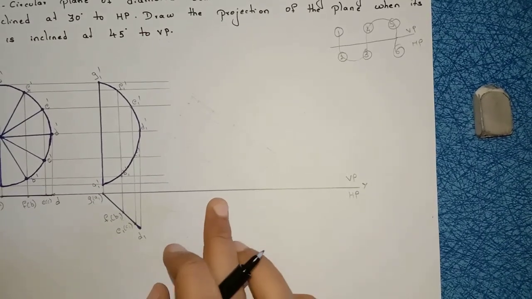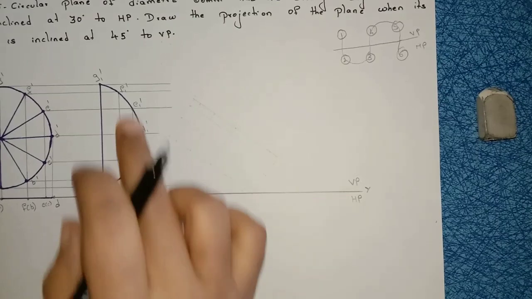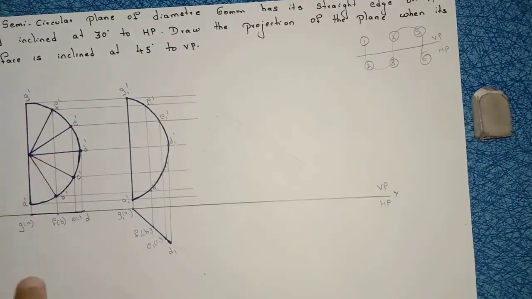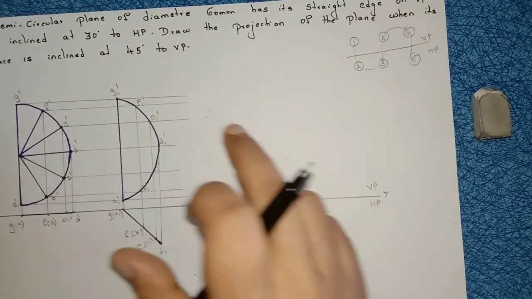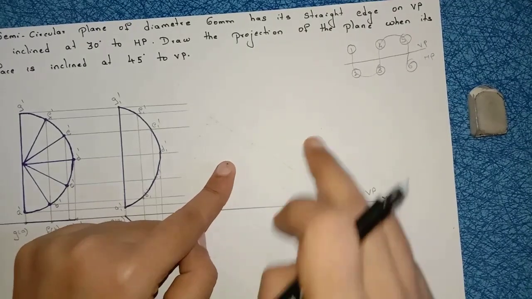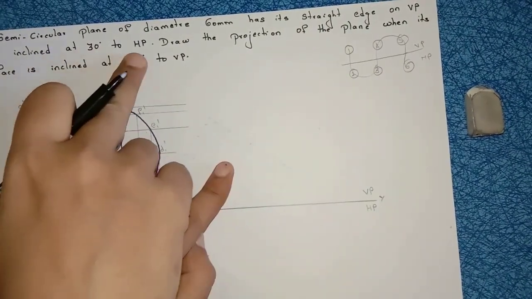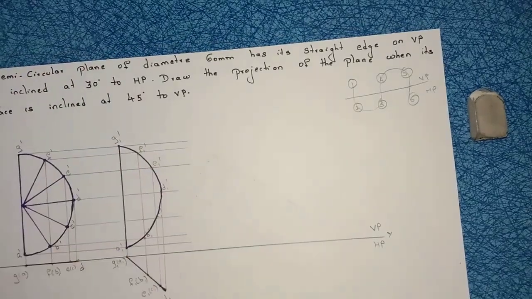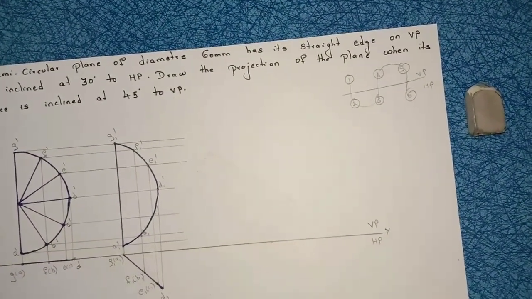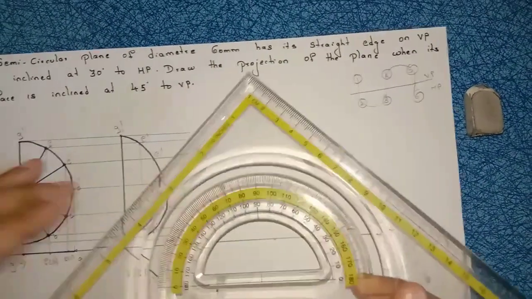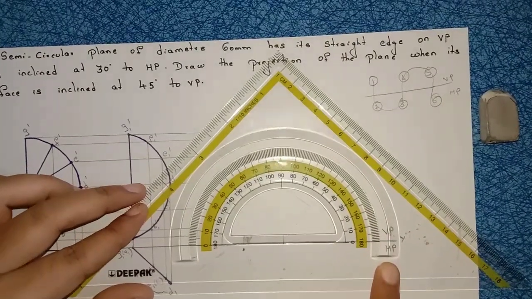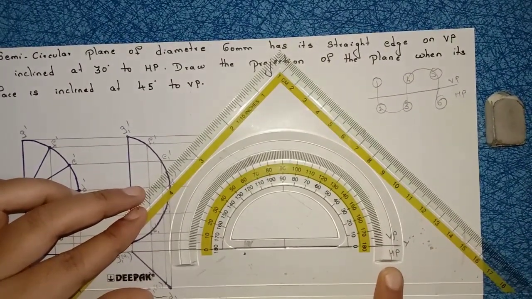Let us see the last position. So last position, now we have to construct 30 degrees to HP. See, I started 1, 2, 3, 4. Now 5 I should draw here. In order to construct 5, the angle should be inclined to HP. So inclined to HP, the angle is here 30 degrees. 30 degrees to HP. Same, leave some distance. Mark a point on the reference line. Right? Now you should mark an angle of 30 degrees.